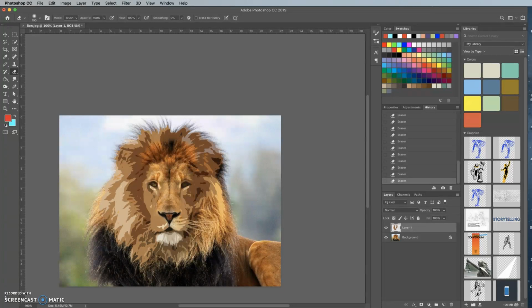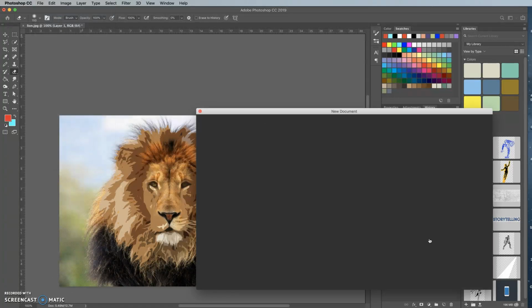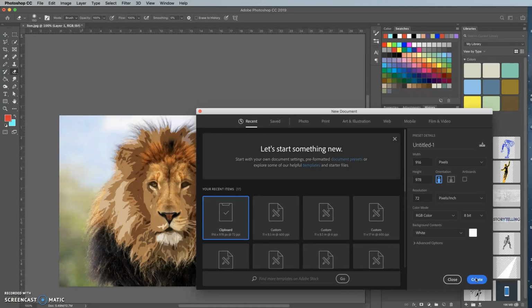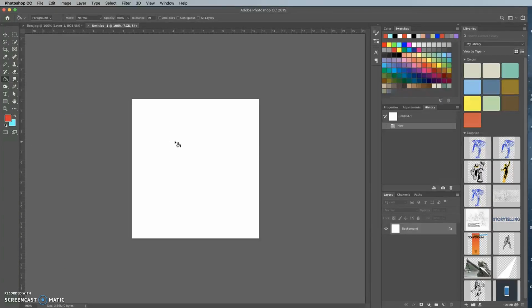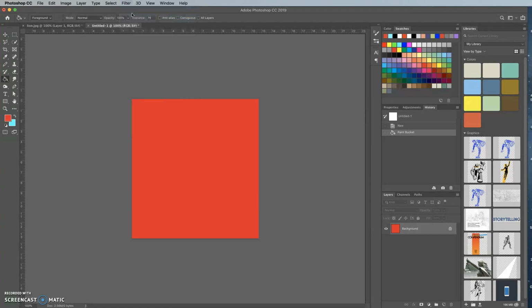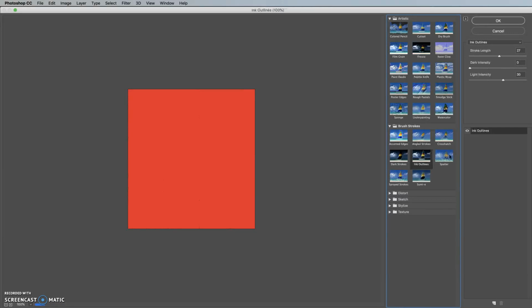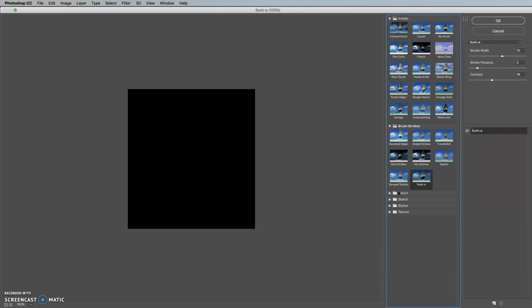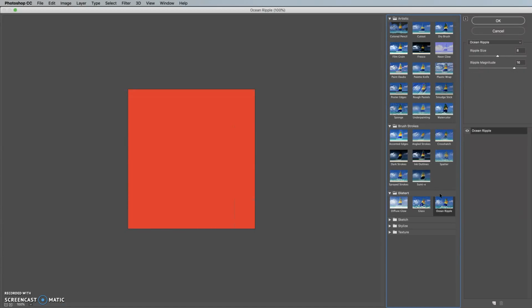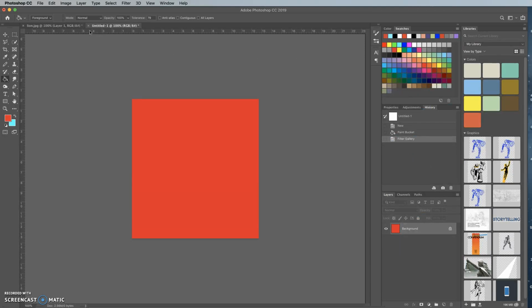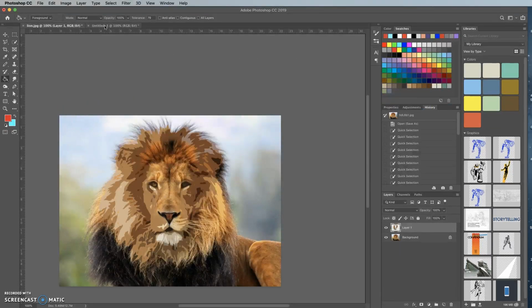Filters pretty much have to have something to work with. For instance, if you just do a new document and it doesn't have any information on it, even if you put a color in there and you try to do cutout, well, nothing happens, obviously. Or even some of these others, you can choose all these and not much happens. Once in a while you'll get one. If it's an abstract, you can get some abstract texture. But in general, if there's no detail on the original image, your filter won't do anything. So you have to have something to work with first. Now, one exception to that is